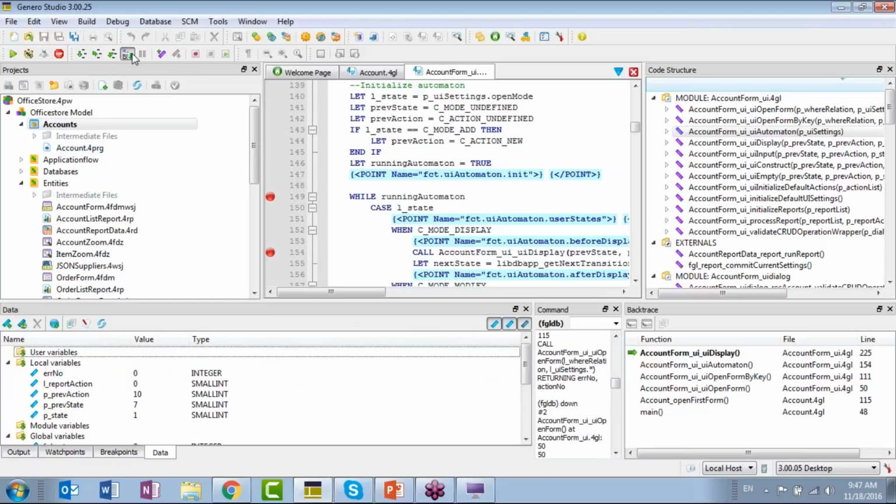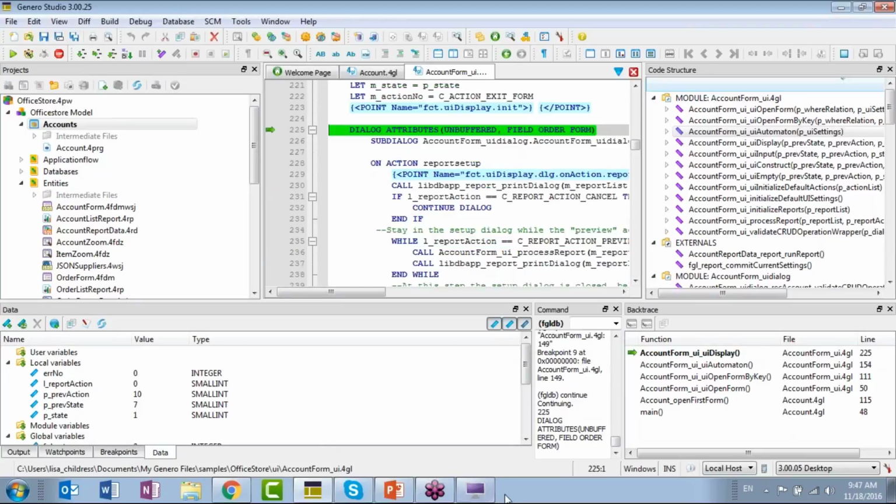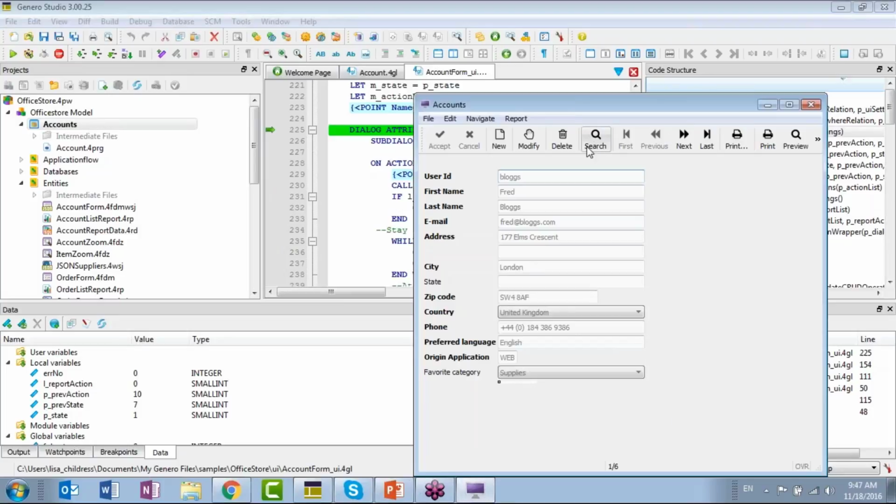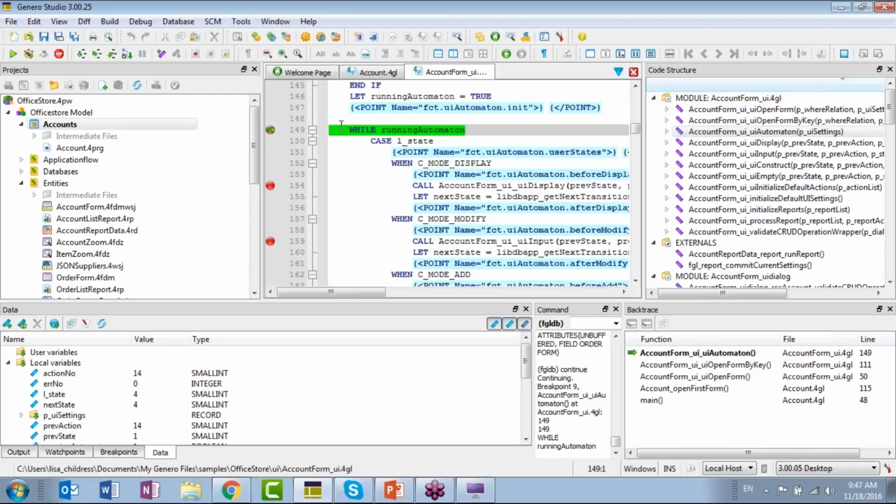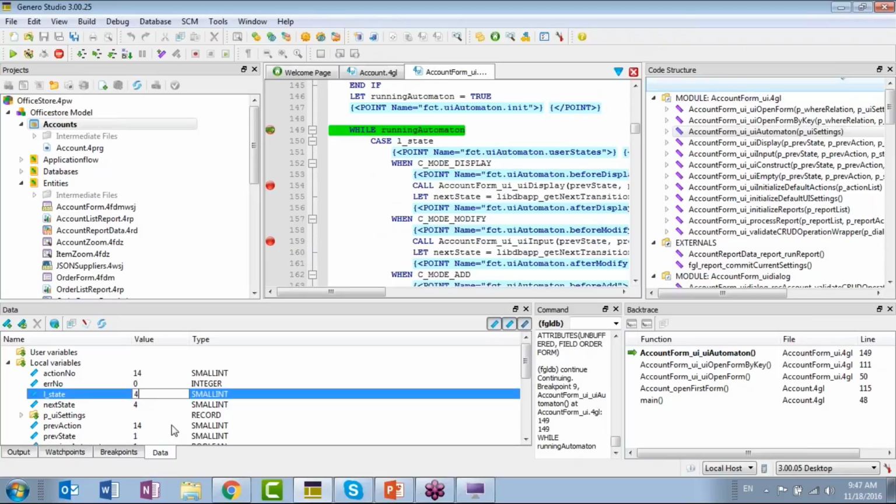Pull that up. I'm not where I can set it yet. Right. Click search. Continue. So now it should be stopped there, and we ought to be able to change that